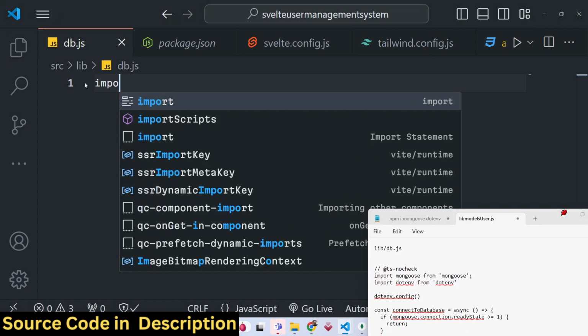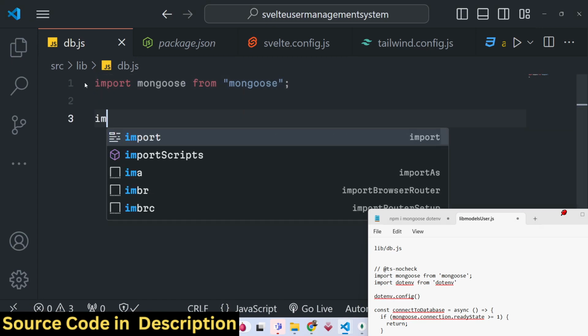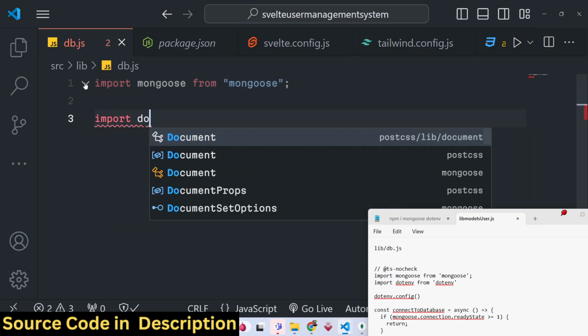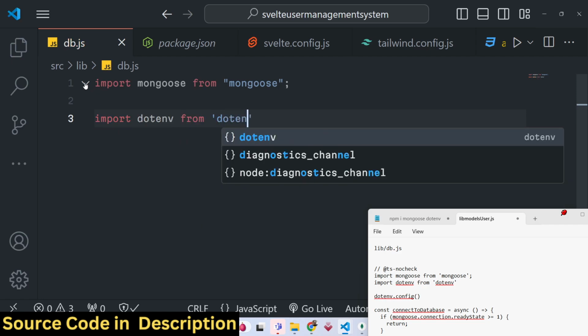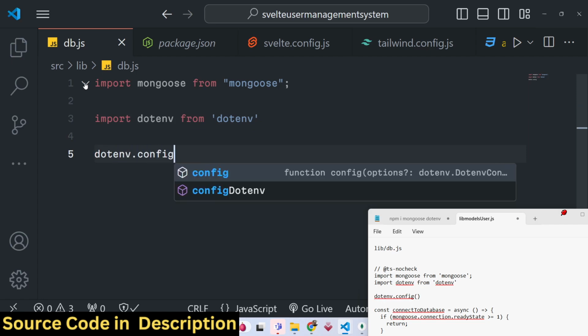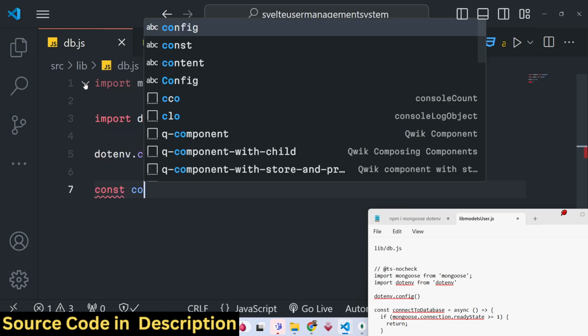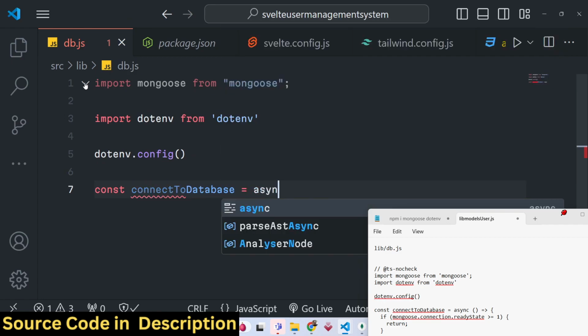So first of all, we will be importing mongoose from the mongoose package, and then we will be importing dotenv from the dotenv package, and then you will say dotenv.config(), and you will basically define a function to actually connect to the database. It will be an async function,